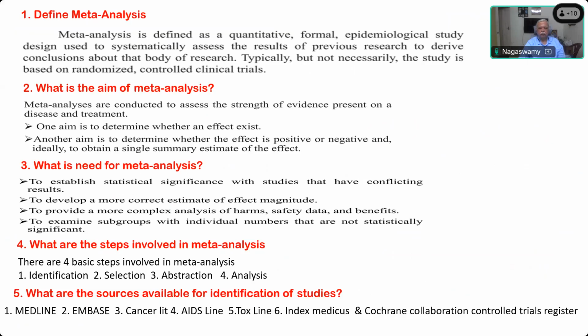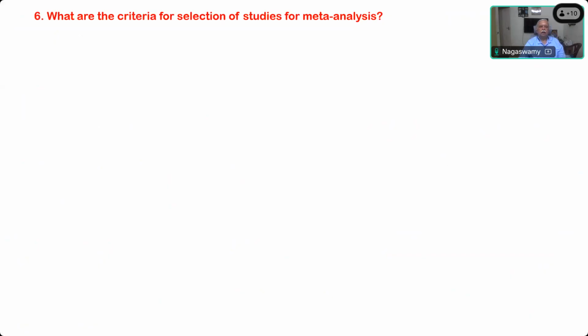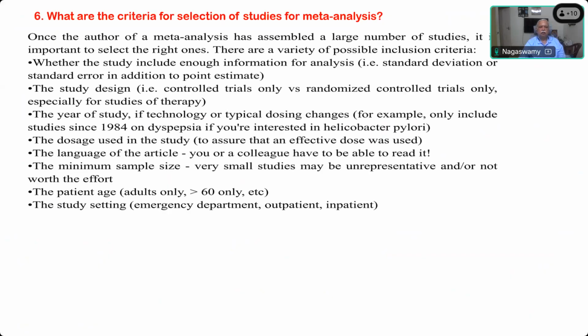Identify this something that you want to study. What are the criteria for selection of studies? So these are all the criteria. Once the author of a meta-analysis has assembled a large number of studies,